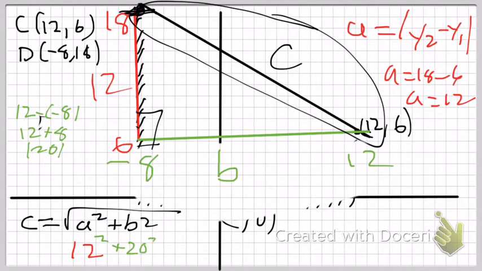So we go 20 squared there. And that's going to give us the square root of 12 squared plus 20 squared. Now I'm going to stop for a second. I'm going to flip over to another page, and we're going to walk through this algebraically. So we've been really kind of using that graph as our crutch right now. And I want to show you how, using just the 2 points and the equation, we end up in